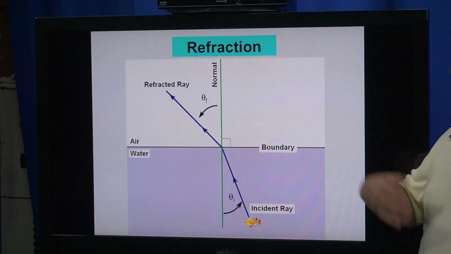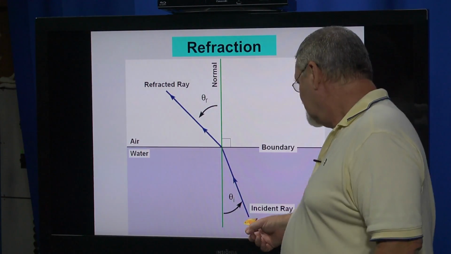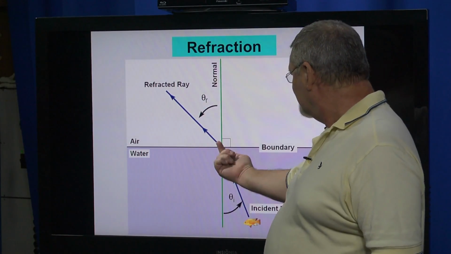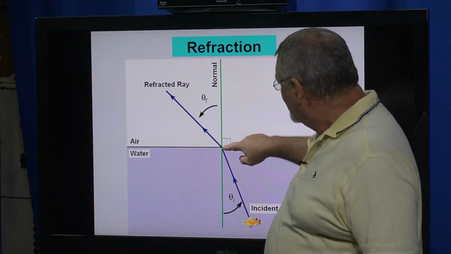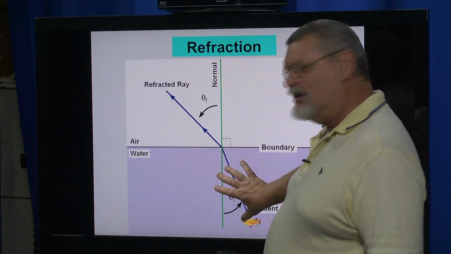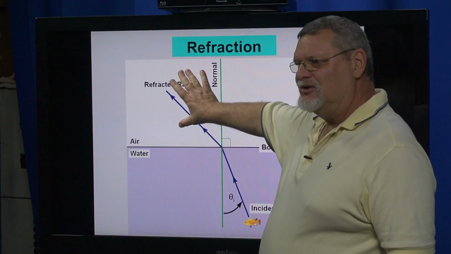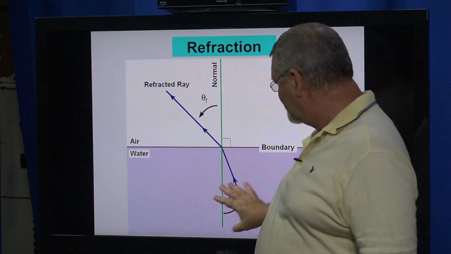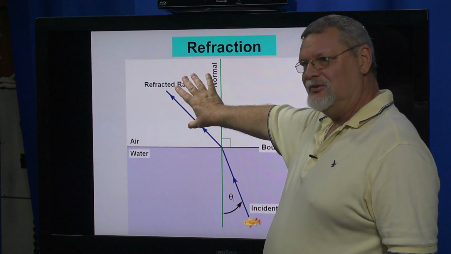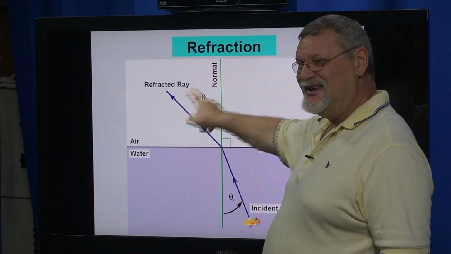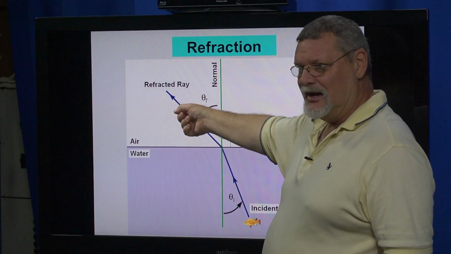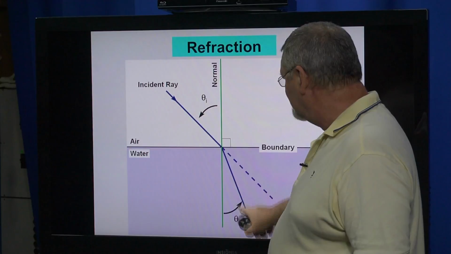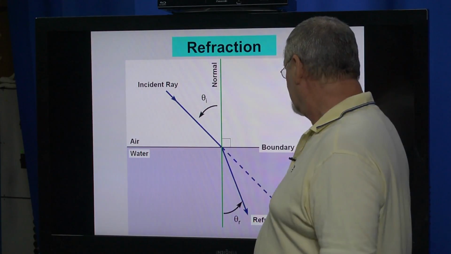Here is just the opposite. Here's a fish. And the fish, light is bouncing off the fish. As it rises up through the water and gets to the air, it's going from a lower speed of light into a higher speed of light. It bends away from the surface normal. You can remember this by, if it's going from a lower one to a higher one, the speed of light is higher, then the angle increases. It's higher speed, higher angle. The previous one was a lower speed, it's going into a lower speed, it's a lower angle. That's how you can remember it.